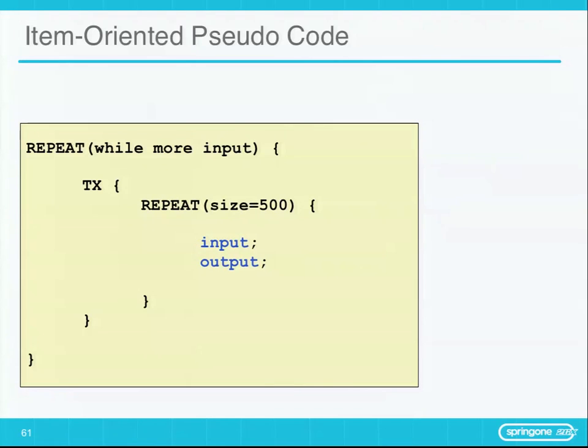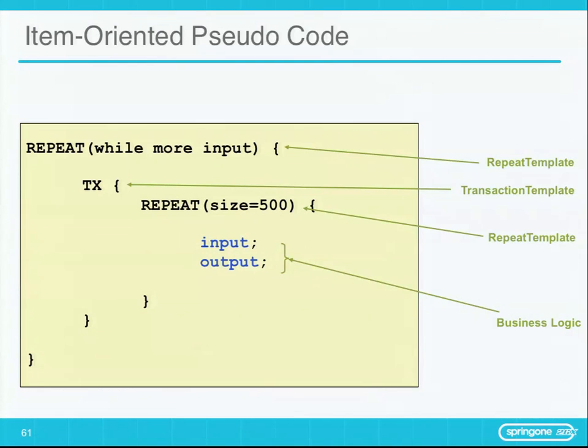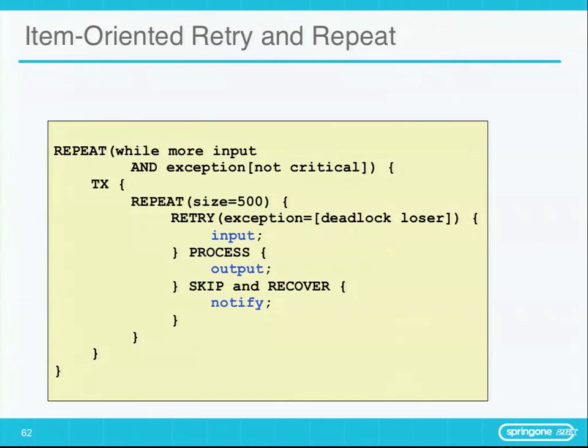No, I'm sorry, yeah, this is right. I'm reading records while there's more input, reading from a resource. And then inside of a transactional boundary, if there's a transaction available, if I'm writing to JDBC, for example, then I'm going to go ahead and write, I'm going to do chunks, right? Here's a specific use case: if I have an exception, and if it's not critical, then continue. Otherwise, go ahead and repeat that same flow and do everything we just talked about and handle the exceptions. Again, you get very, very specific power and fine-grained control here.